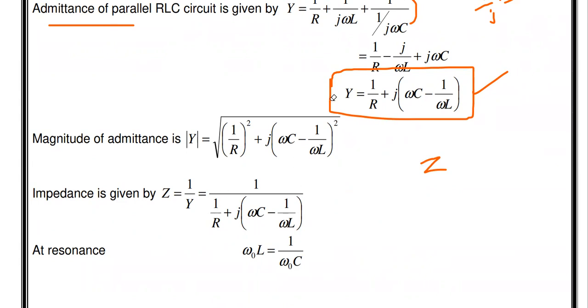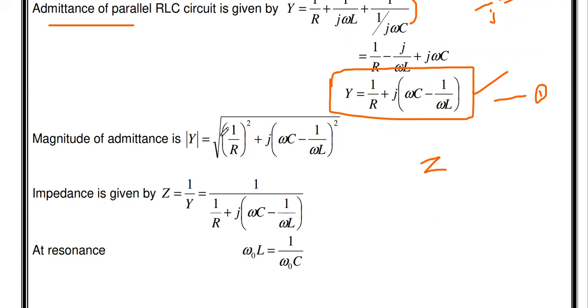So 1 divided by this total answer is the impedance. If you want to find the impedance, you just take the reciprocal of this admittance. And the next one, the magnitude of admittance. Using this equation number 1, if you want to find the magnitude of admittance, what is the